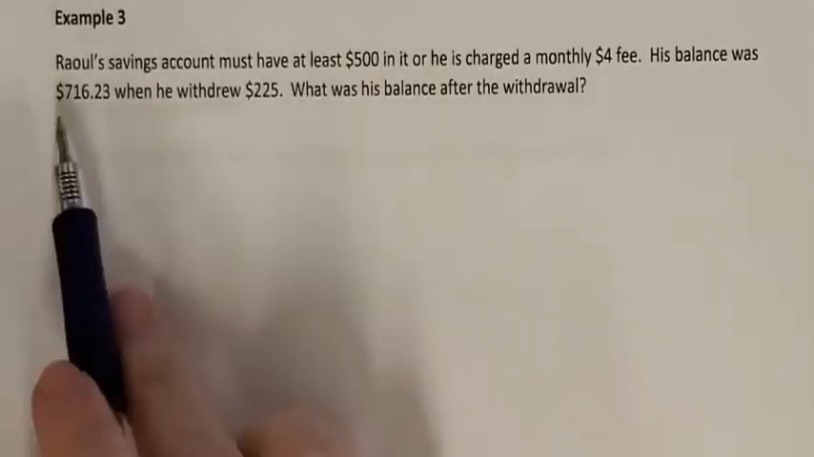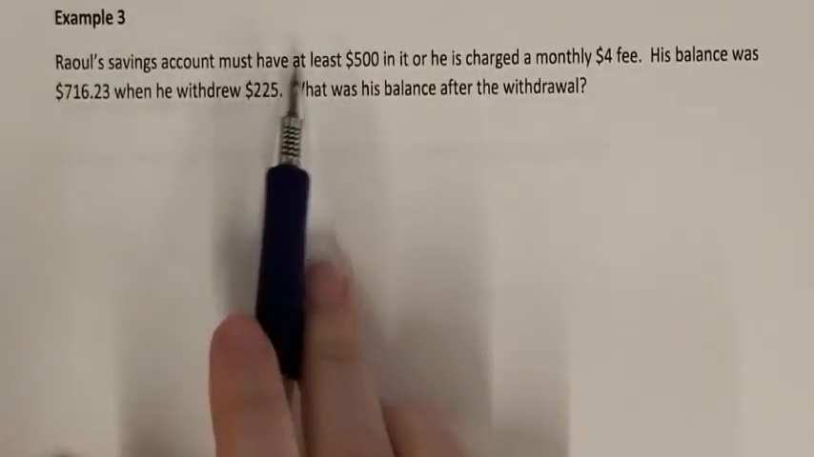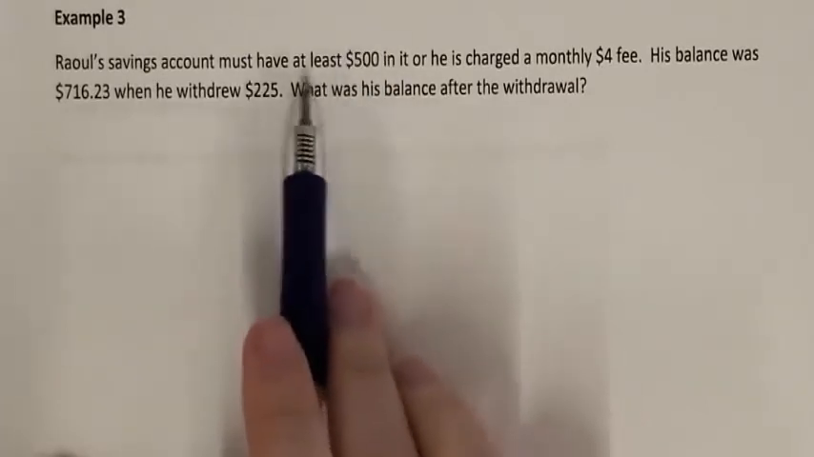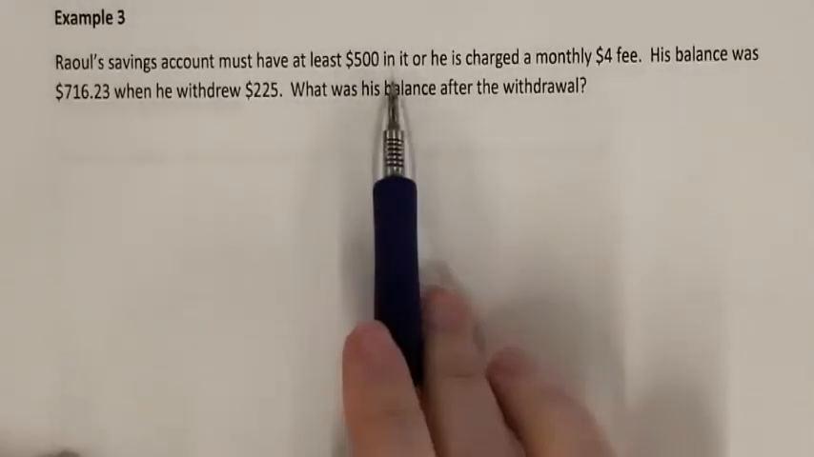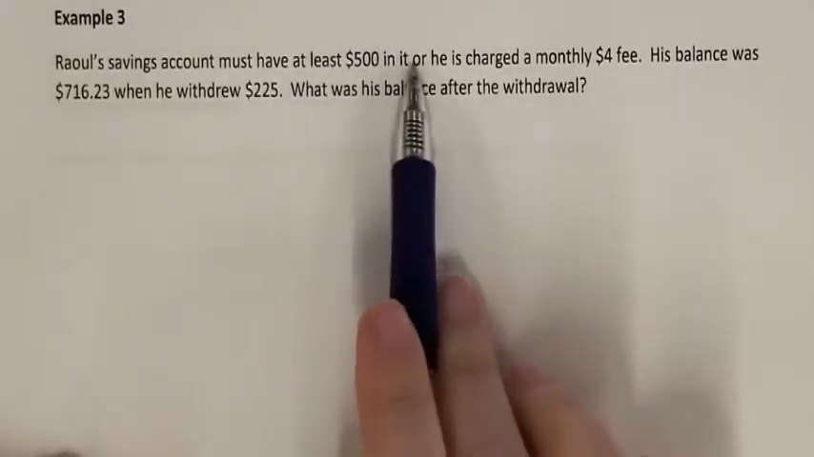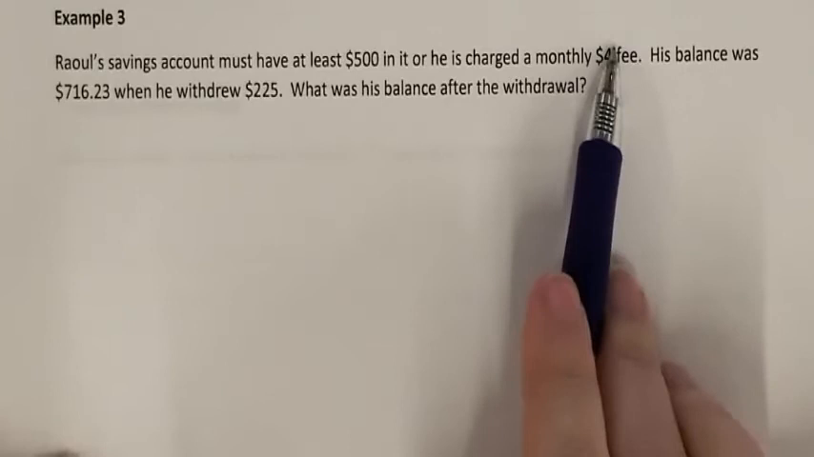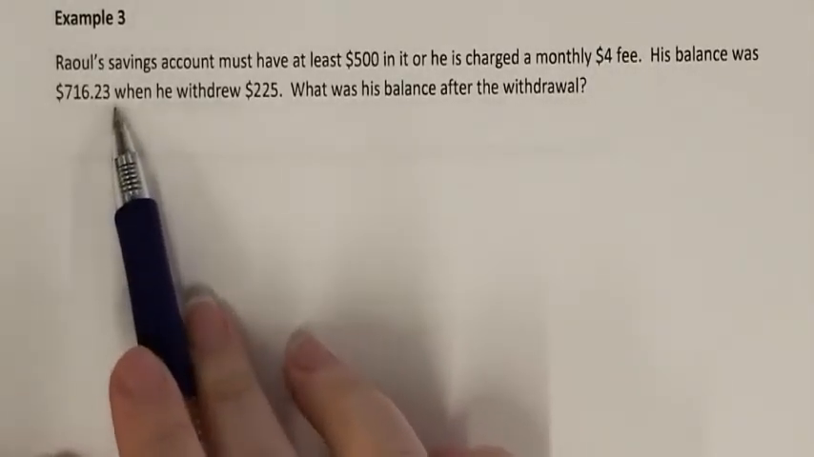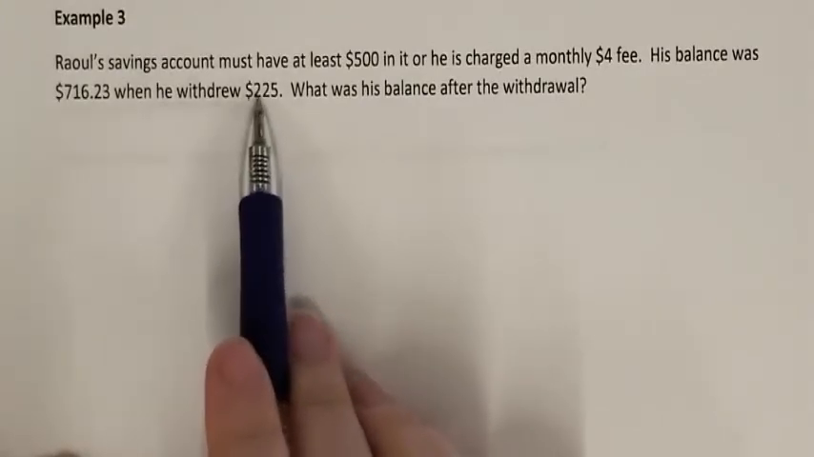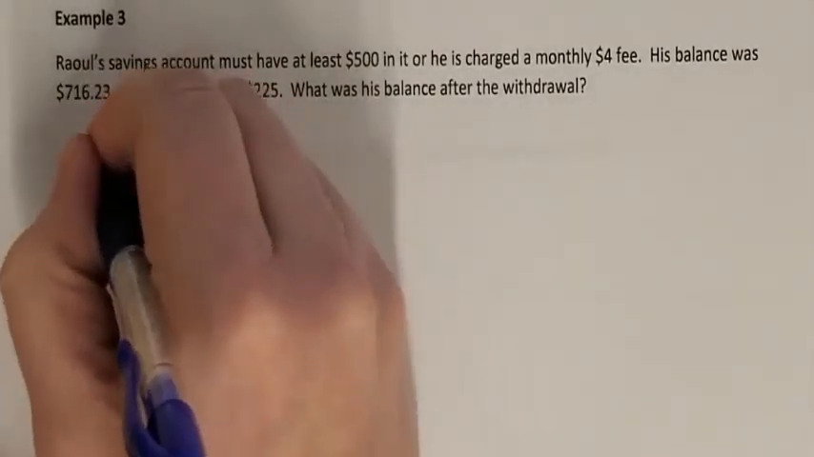Example number 3. Raul's savings account must have at least $500. That means it's the smallest it's allowed to have. It can go bigger, it cannot go smaller. So it must have at least $500 in it, or he's charged a monthly fee of $4. His balance was $716.23 when he withdrew $225. So right now he has